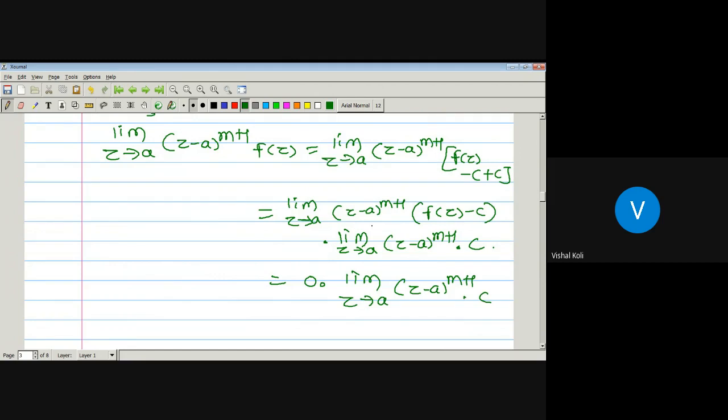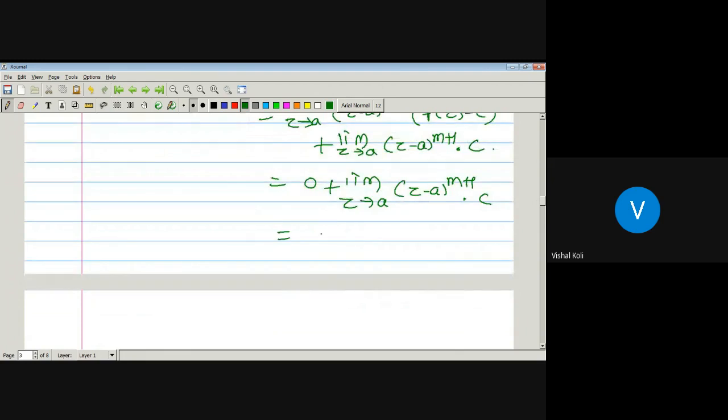Sorry, here it is plus, so this one is nothing but 0 plus, here we have to take the plus. Now, at z tending towards the point a, a minus a will be 0, so it is 0 into c. As m is greater than or equal to 1, its power must be positive. So 0 into c will be 0. So here we get